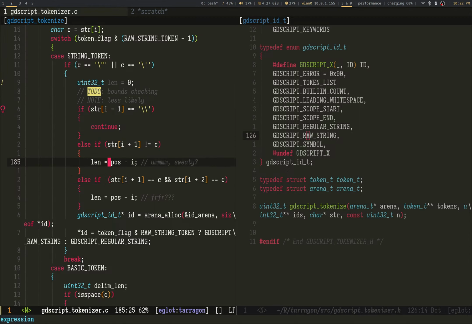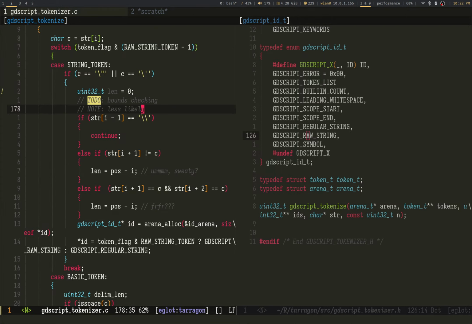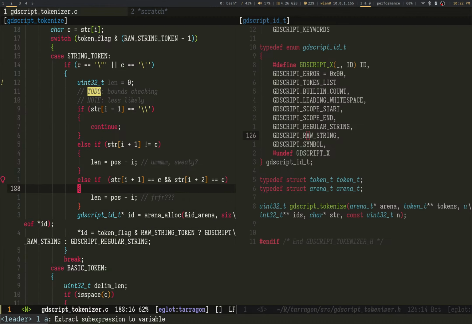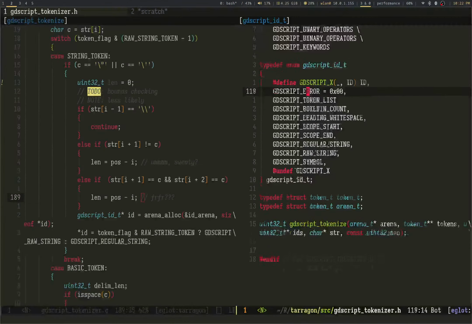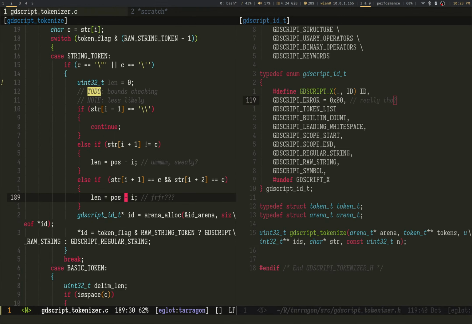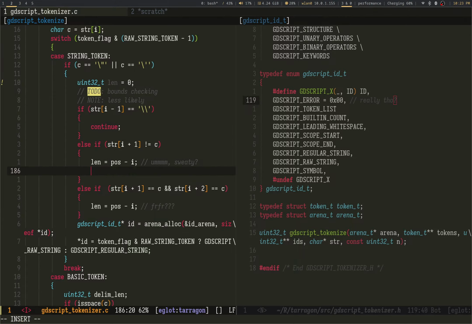Let's see. Good. Yep. So I actually have to make the characters here. I have to actually just make a token.